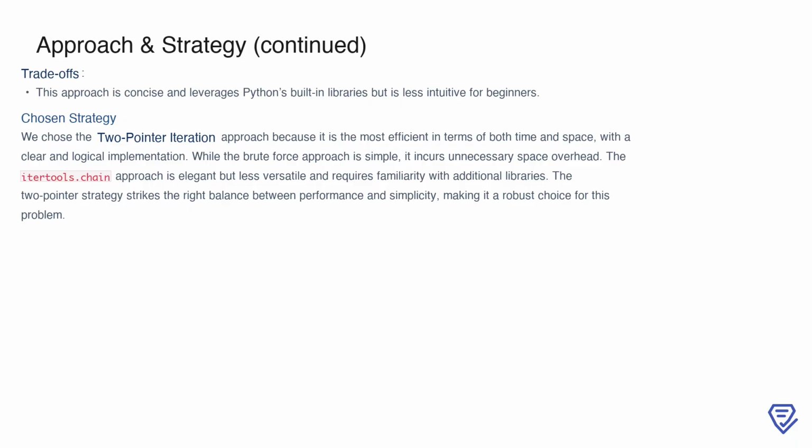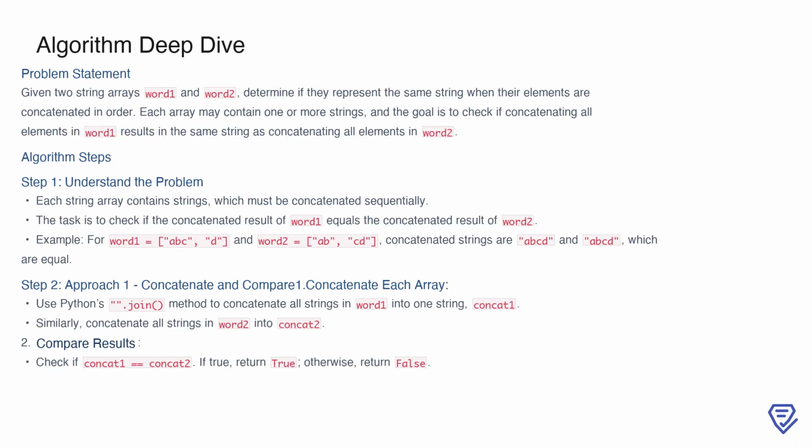The two-pointer strategy strikes the right balance between performance and simplicity, making it an ideal solution for this problem. It avoids unnecessary memory usage while maintaining clarity, ensuring that the solution is both robust and practical for a wide range of input sizes. To solve this problem, we need to determine if two string arrays, word1 and word